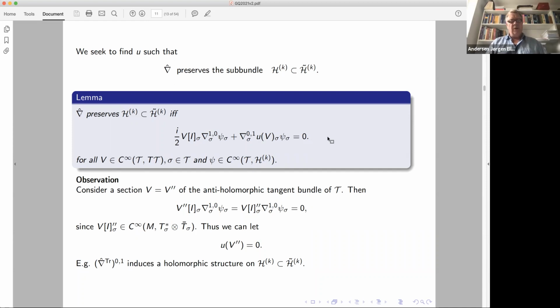It's a partial differential equation if you wrote it out in coordinates. Now, there's a very nice little observation you can make. Namely, what if we constrain the vector field to be along the anti-holomorphic directions in T? Well, then we know that this here, by the holomorphicity assumption we just made, is the same as this